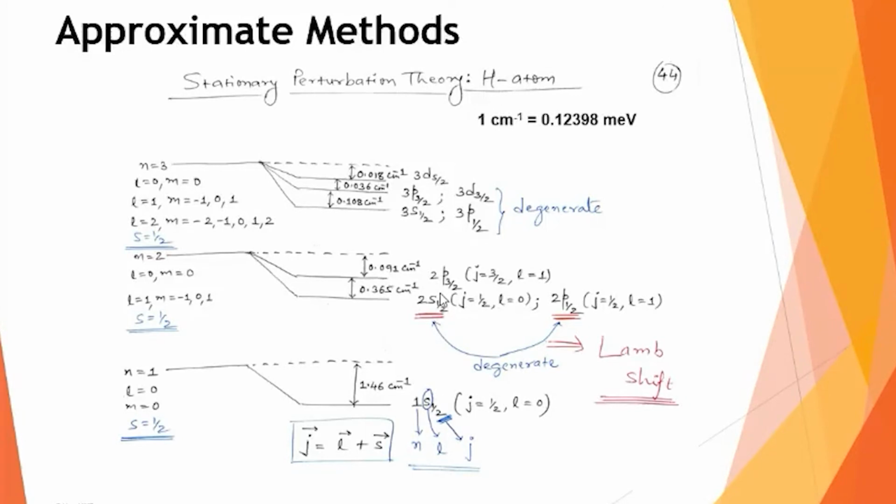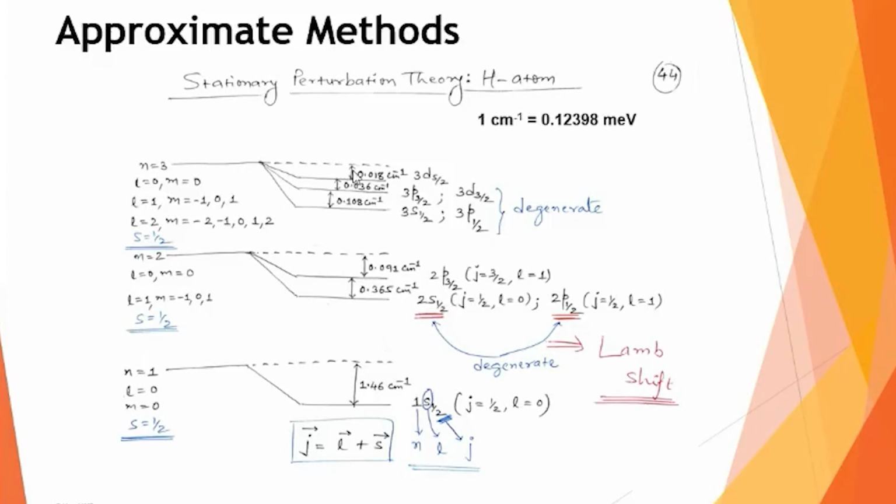The idea is the same. You just go on adding smaller perturbations so that you can split, you can divide the energy spectra into their components. You remove the degeneracy and you get finer or even hyperfine detailed information. Correct? So this is the basic application of the perturbation theory, directly useful for spectroscopic understanding.